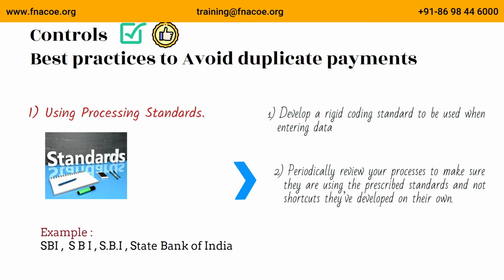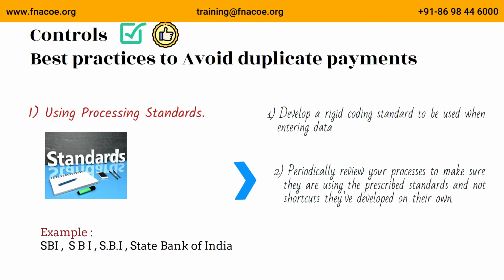The best one is the way abbreviations are handled. SBI, right? You can write SBI, or S, then a space, then B, then a space, then I. Or instead you may write it another way, S.B.I, or write the full form, S for State, B for Bank, and I for India. So how to handle leading modifiers, gaps, and the use of full names or abbreviations, SBI or State Bank of India? There has to be a standard process adhered to by everyone, and there has to be a policy. A good policy will help to ensure that no duplicate names are entered into a master database.